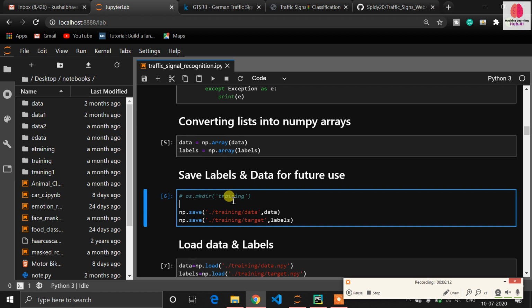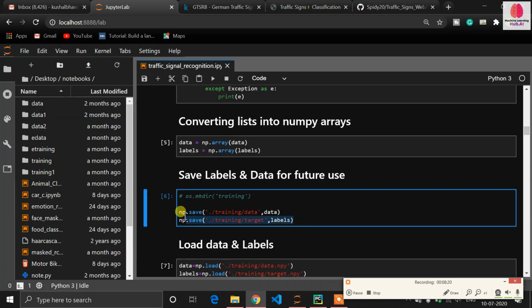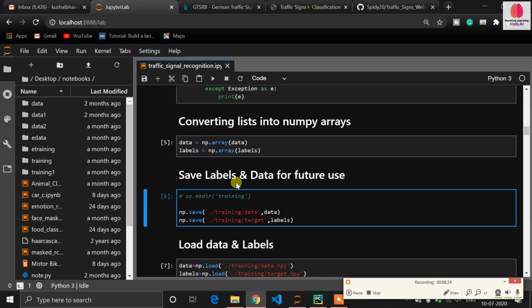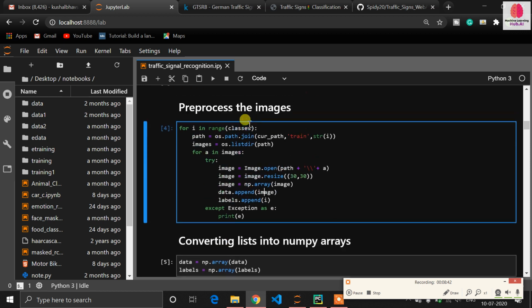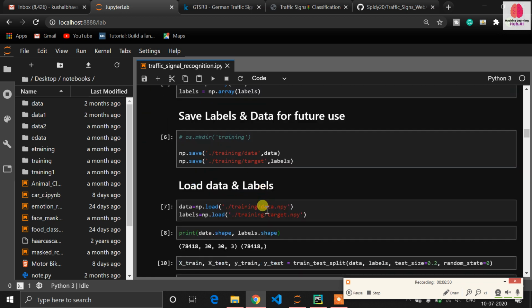and after that the transfer learning approach, then my data should be saved in npy files. There is an option in numpy, np.save, so we are saving this list, the image data and label data, in files. I have saved my data into data.npy and target.npy for future use. Just imagine that after one day I want to implement another strategy on this. Then I don't need to do this process once again, because it takes too much time as the number of images is large. That's why we have saved our image data.